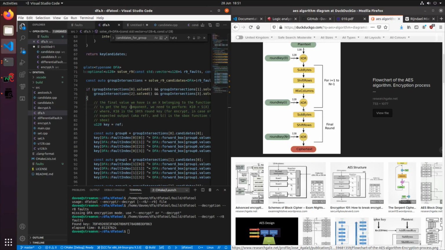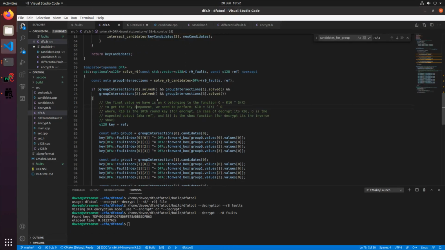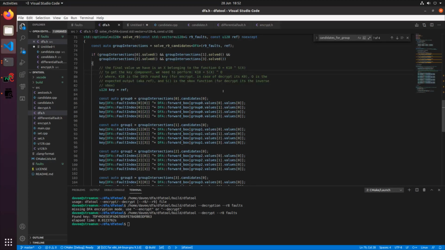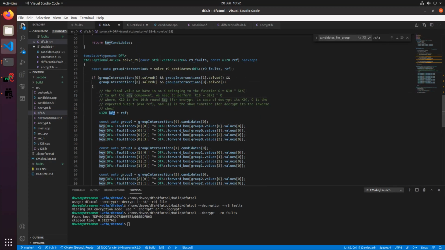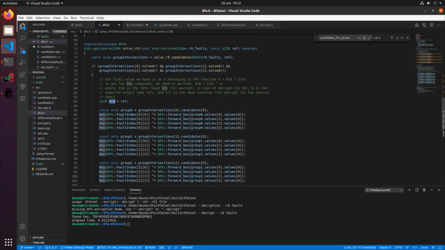So all we have to do is XOR the state. We have to go through the subbytes, we have to go through the shift row, and then once we XOR that result with the ciphertext, we get the round key. Nice. So how I do this is, since we've stored all the X values, we take the reference, so that's the ciphertext. I copy it into this key value, and this is effectively the fault index stuff. It's an abuse. I should rename this, but